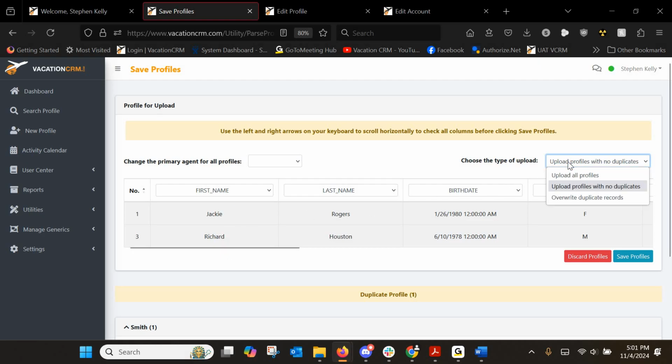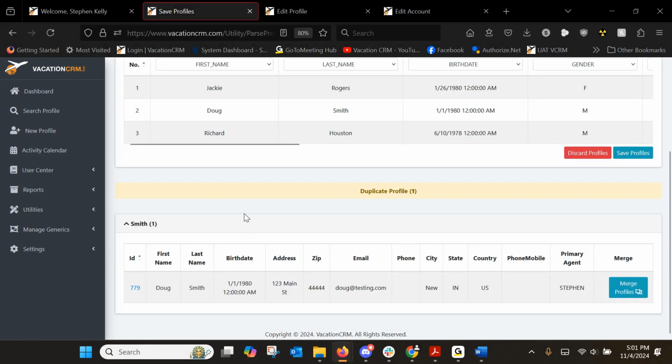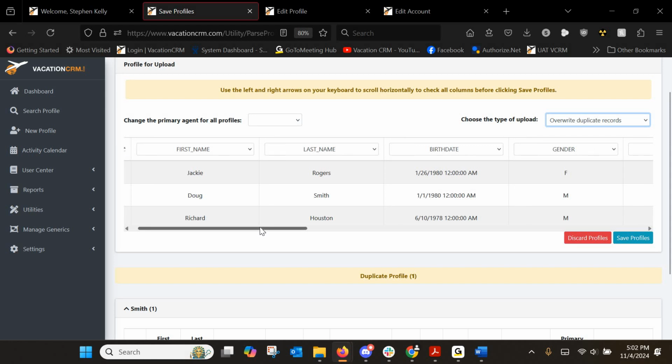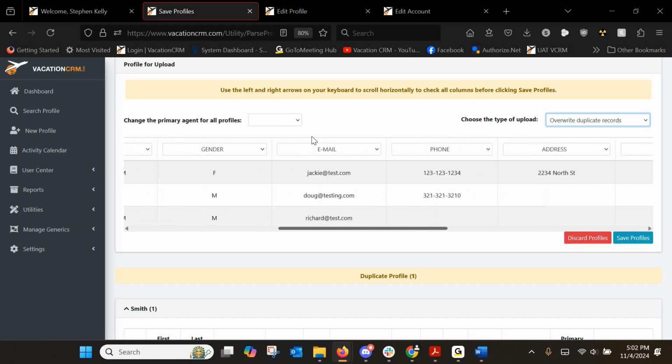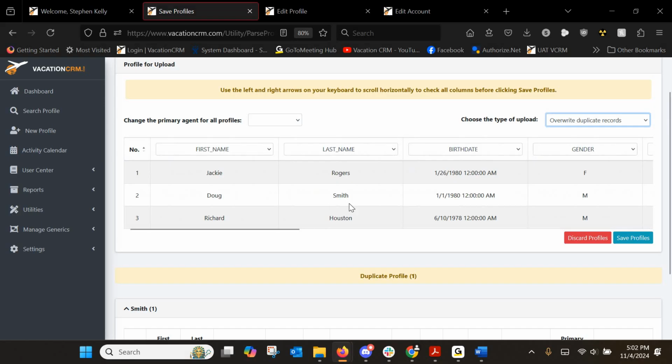Or I can choose the third option, which is overwrite duplicate records, which basically means it's going to take new information from my spreadsheet that's not in the profile and add it in, which in this case is just his phone number, because I don't have a phone number listed for him. So, once you double check and be absolutely sure, because there's no real undo button for this, just be sure that everything is mapped correctly with these columns. Make sure it's all going to go under the correct person, everything looks good,